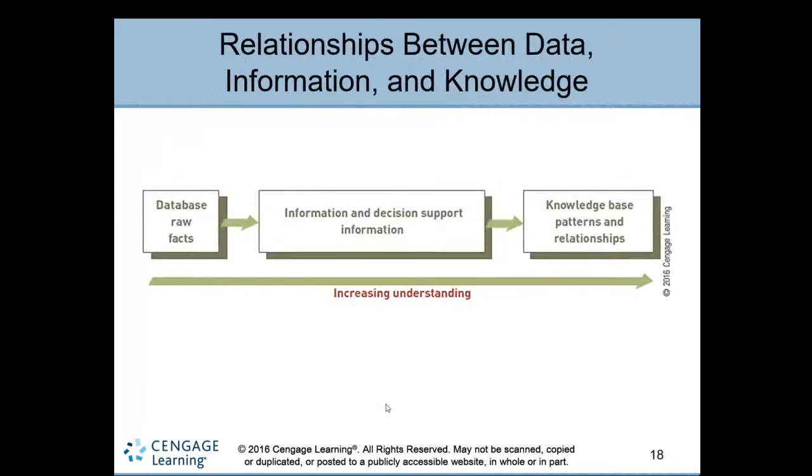Here, what is the relationship between data, information, and the expert system, where the understanding increases from the database to the information system, decision support system, and then knowledge? More understanding goes to knowledge-based patterns and relationships. A knowledge-based management system has more understanding compared to data. Knowledge is completely derived from the database of raw facts, then information, then MIS, then decision support system, then the knowledge management system, where you can have practical experience knowledge.